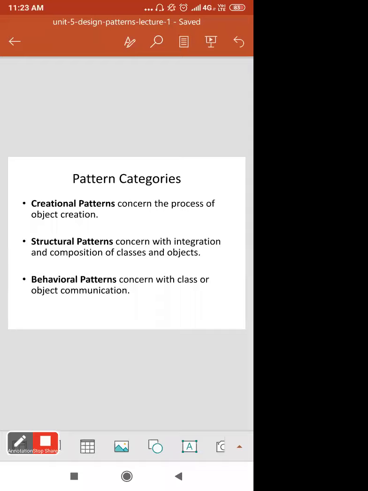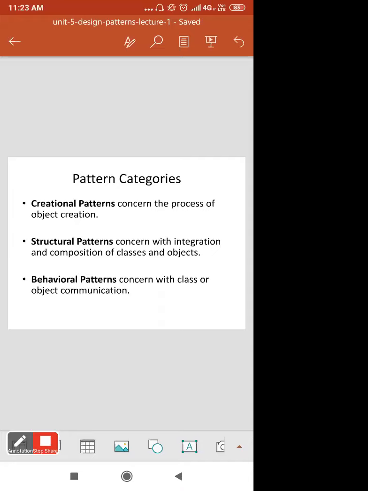This type deals with object creation and initialization, and this pattern gives the program more flexibility in deciding which objects need to be created for a given case.